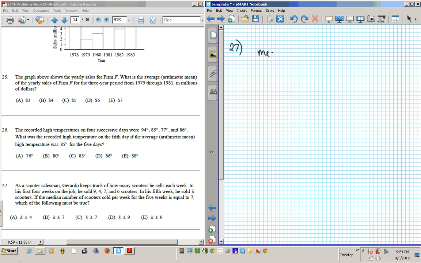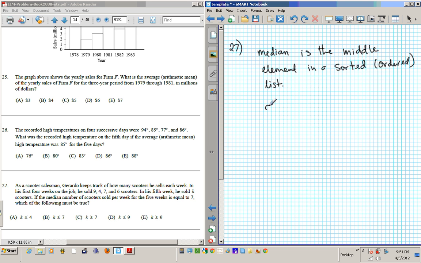Median is the middle element in a sorted or ordered list. Okay, so if I order a list of numbers by magnitude, either increasing or decreasing, the middle element should be my median. Okay, so since he's saying 7 is the median, we have 5